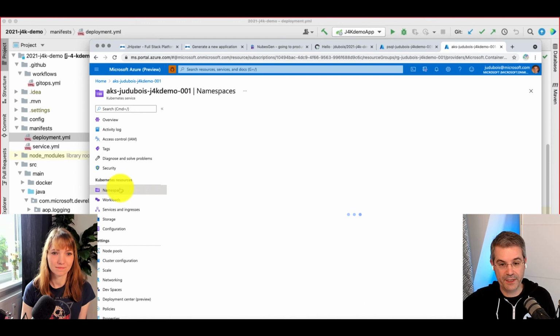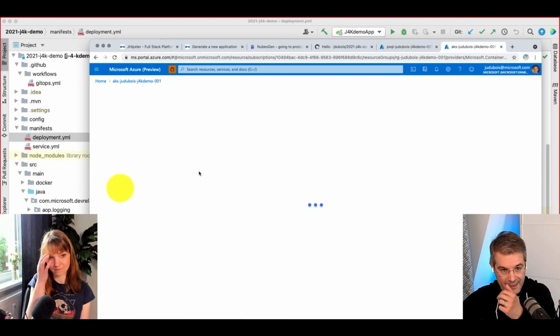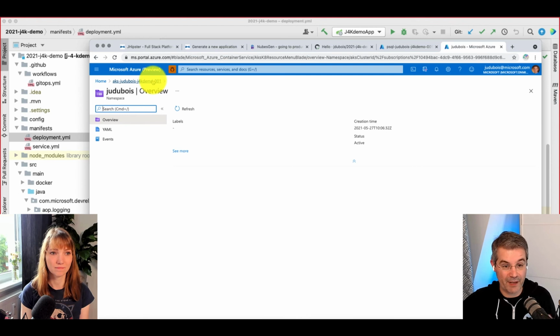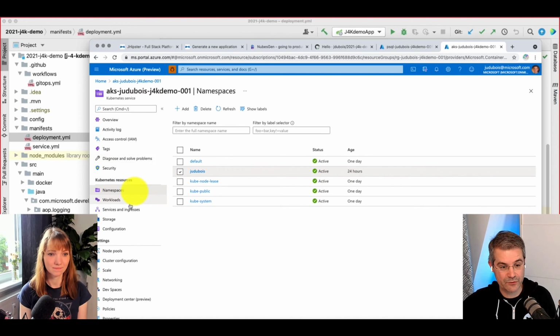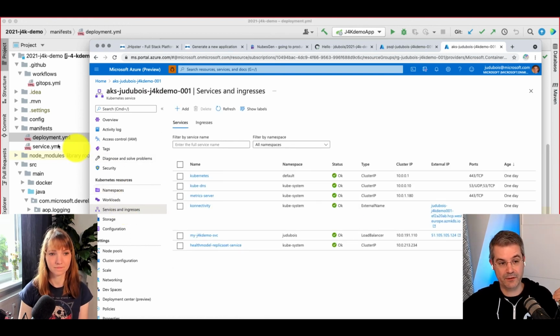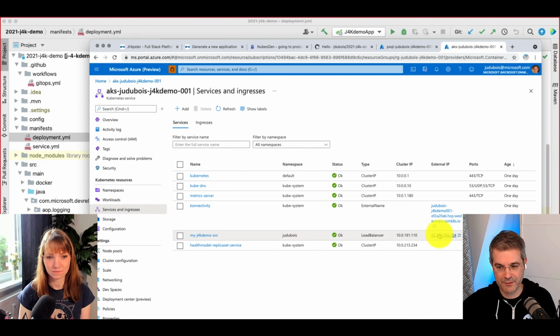If we click around here, we can see our namespace, and inside the namespace, you will have our Docker image running. Let's view it running live. For that, I'm going to Services and Ingress. You remember we created a service.yaml file to open up our load balancer for this app. So if I click here,